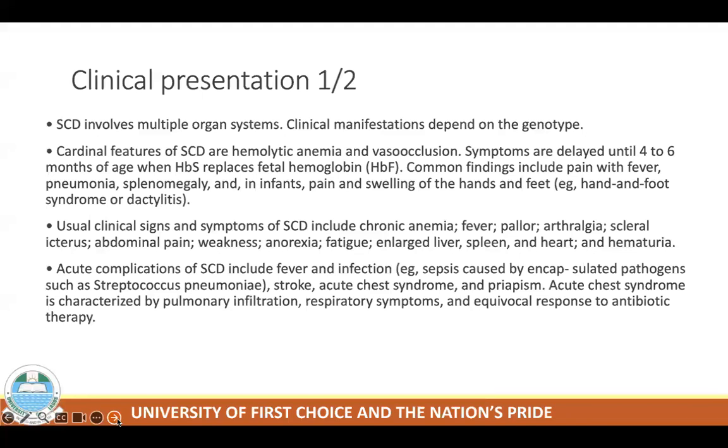Usual clinical signs and symptoms are chronic anemia, fever, pallor, that's change in skin color, arthralgia, pains in the joints, scleral icterus, abdominal pain, weakness, anorexia, fatigue, enlarged liver, spleen. We've said that before, splenomegaly. Okay, heart and hematuria. Acute complications, separate from the clinical signs and